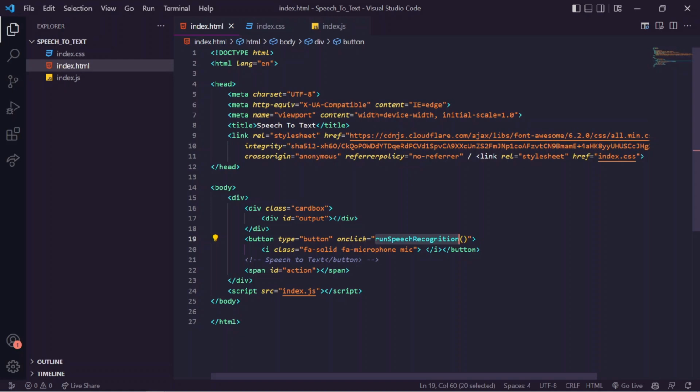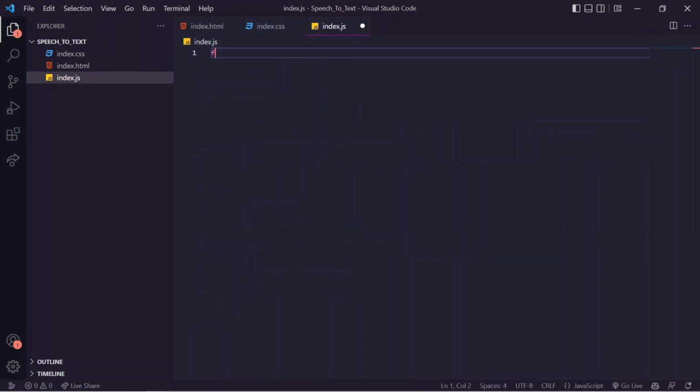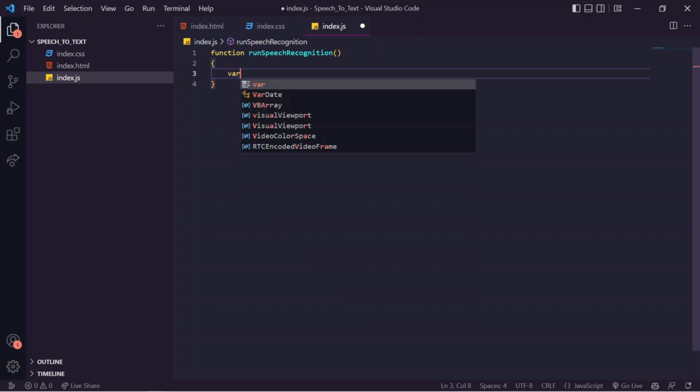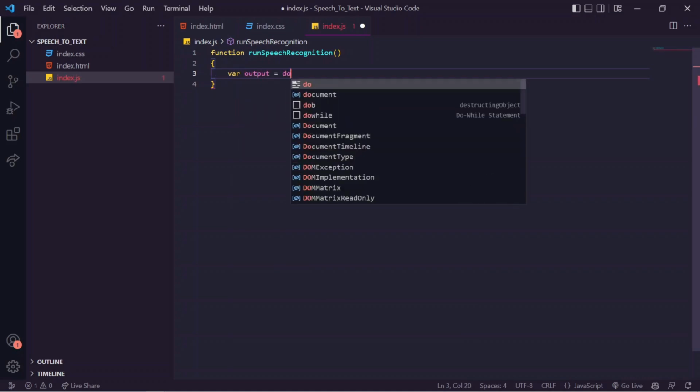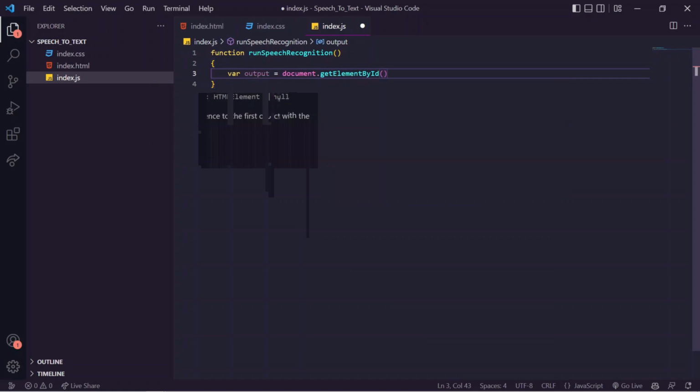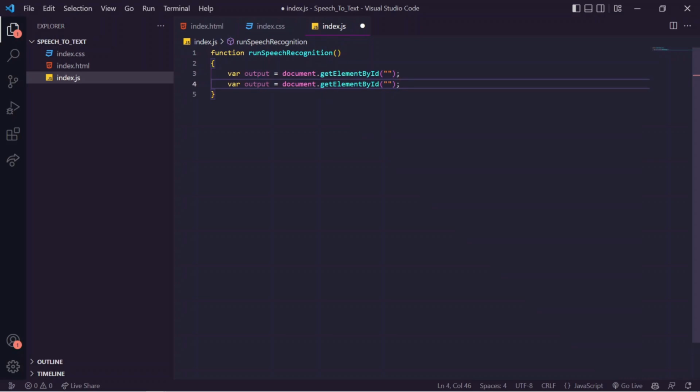On click of the button, it will call this function. So I am going to create a function inside the JavaScript file. So here function, and the function will contain something. First I am going to take the element details of the output and action. So var output equal to document.getElementById and here I have to give the ID. Similarly for the action,